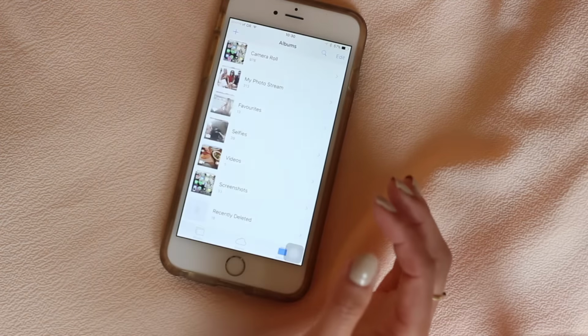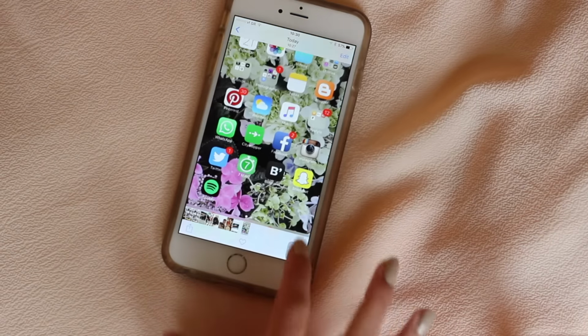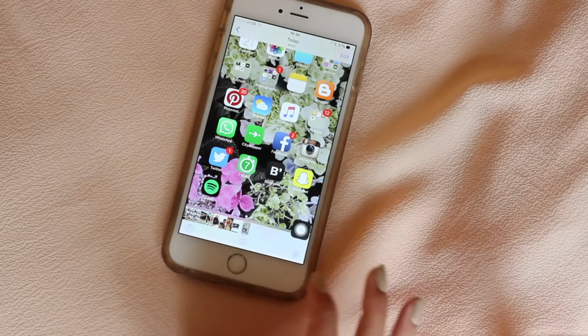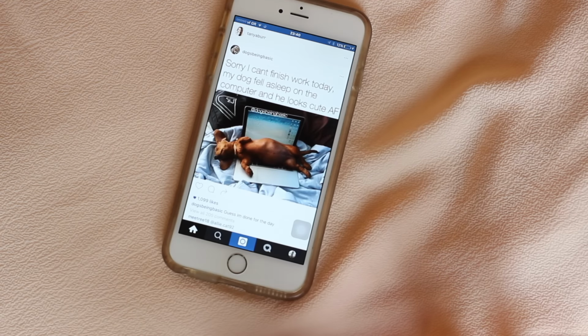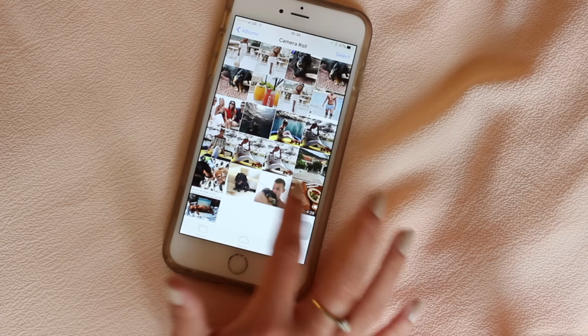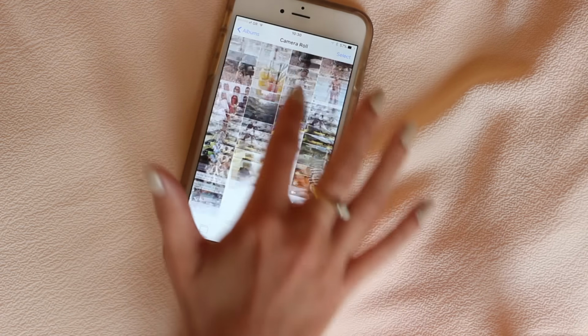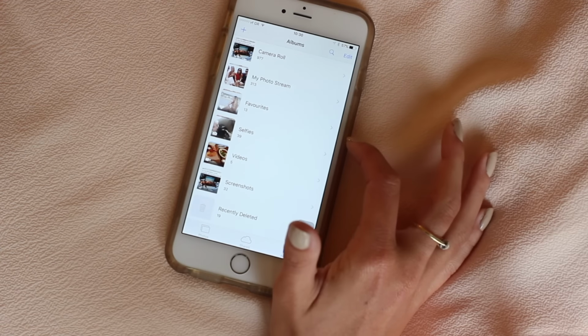Next, I have my photos. I have my camera roll, which actually I have recently deleted a load of things because my memory is so low. I always screenshot funny things, like this is from an Instagram account called Dogs Being Basic, and I just thought this was hilarious, so I took a photo of that. So yeah, I just have my camera roll, which is always overflowing, favorites, which I sometimes use when I'm Instagramming photos,